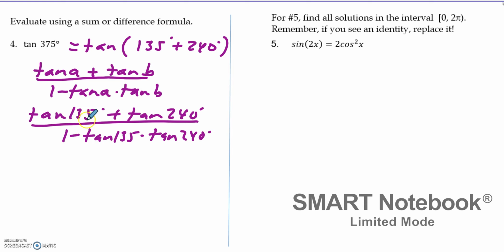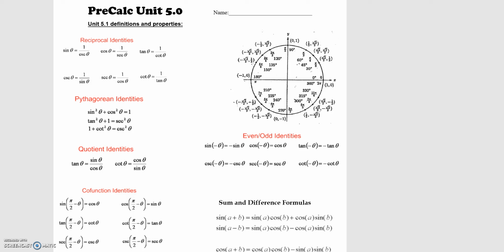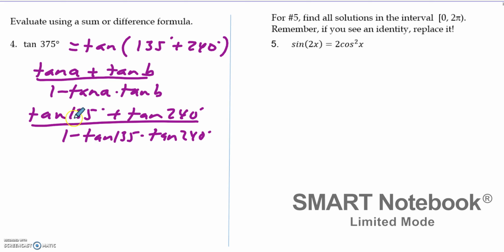The tangent of 135 degrees, if I look back at my unit circle, 135 is right here. If I take y divided by x, that is going to be -1, my tangent value. So anytime I see tangent of 135, I'm going to replace that with -1. So we have -1 plus, we'll figure that out in a second, over 1 minus tangent of 135 is also